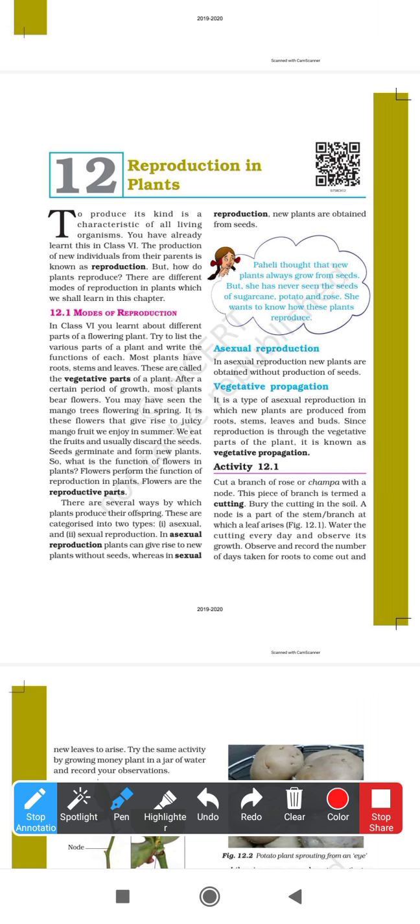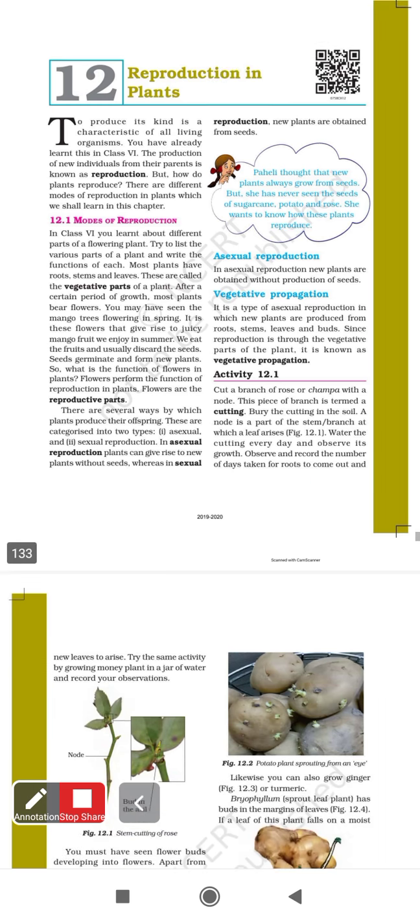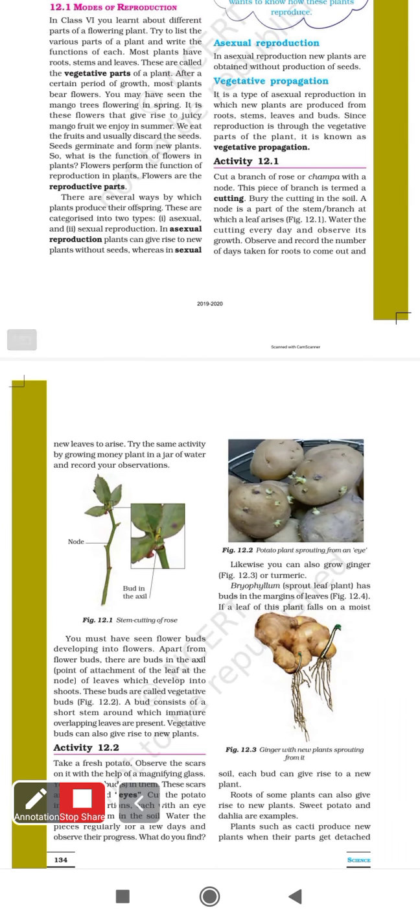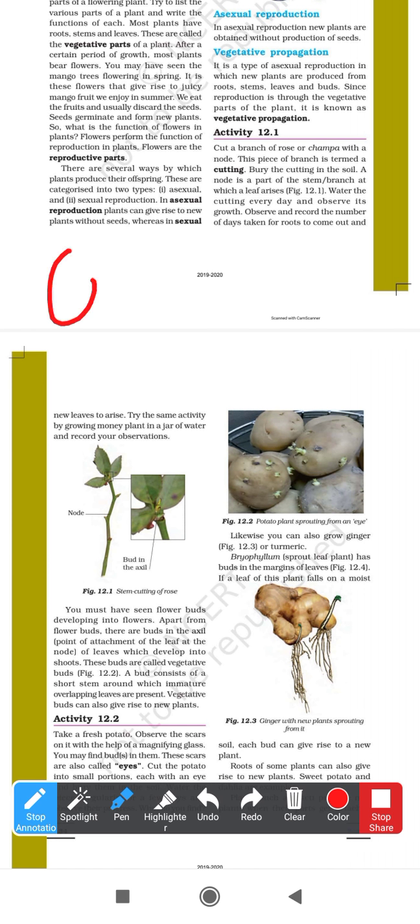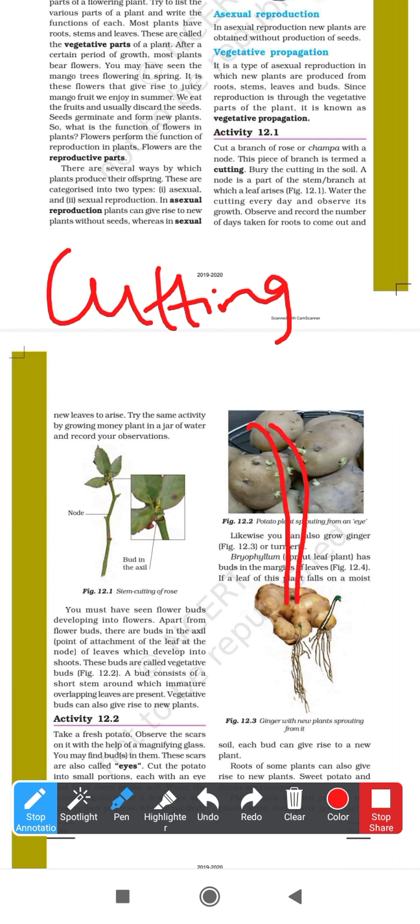And the activity, let us see what is shown in this activity. They are showing one method which is called the cutting method. Now what do you mean by this method? If you want to grow a rose at your home, and if at your neighbor's the rose is really very good, so if your neighbor just gives you a stem of rose, only one stem of rose, right, and if you plant that at your place, then also the whole